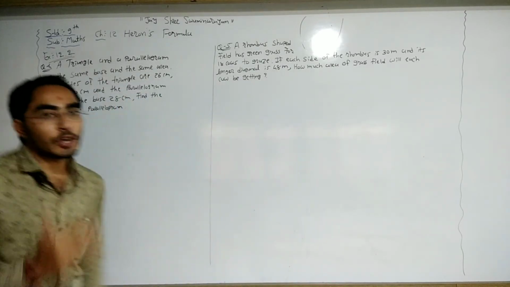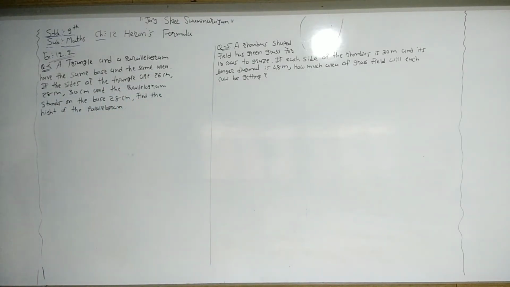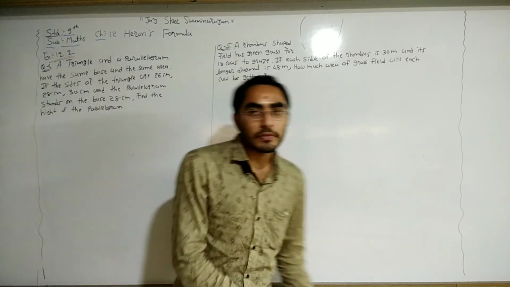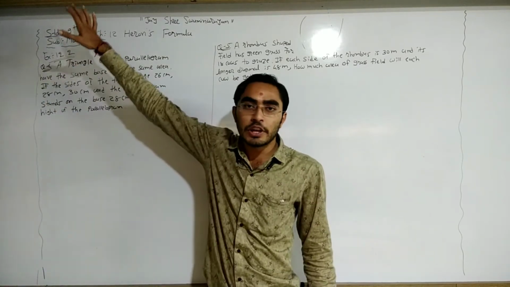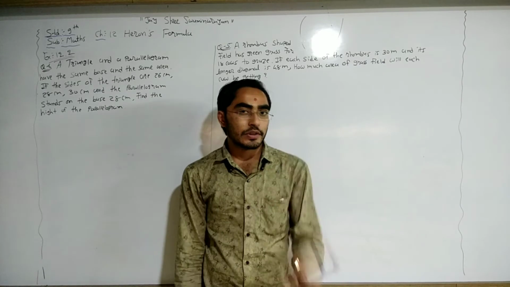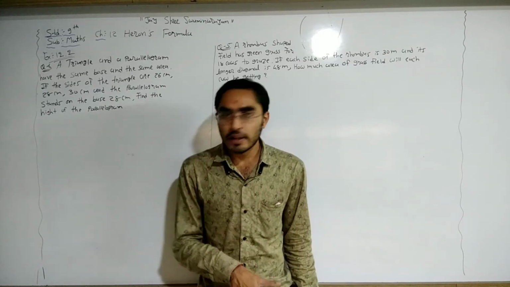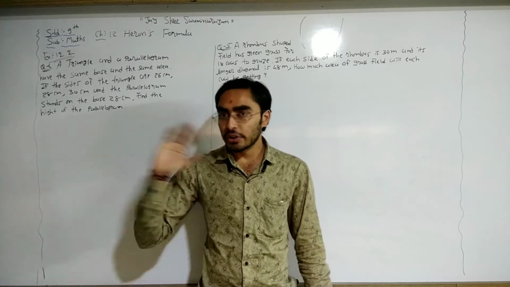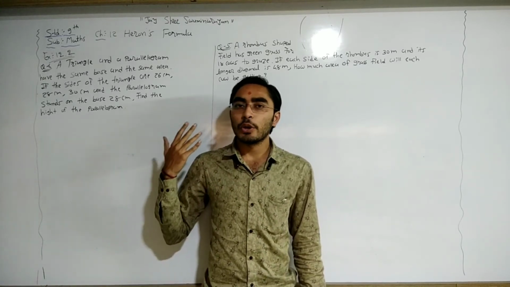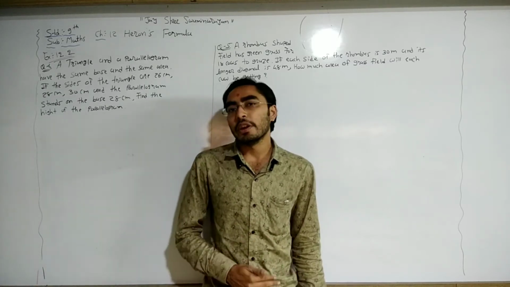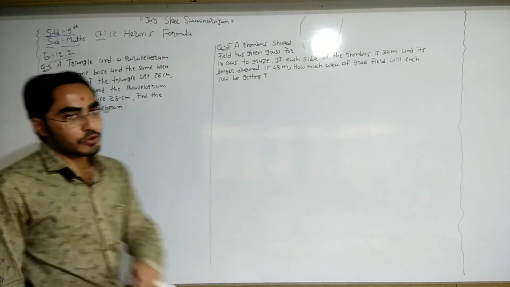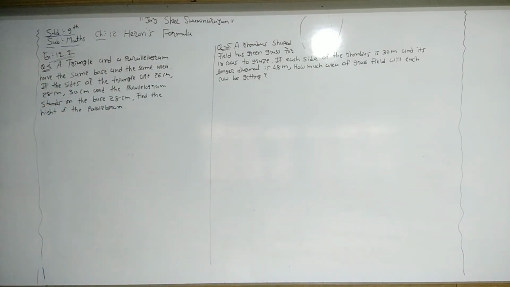Now how we can find the area of parallelogram? For that, here one line is given to us. Triangle and parallelogram have the same area. So here area of parallelogram and area of triangle both are same. So first of all, find out the area of triangle. Then area of triangle and parallelogram both are same. After that, we can use the formula for area of parallelogram is equal to base multiply height. From that, we can find the height.